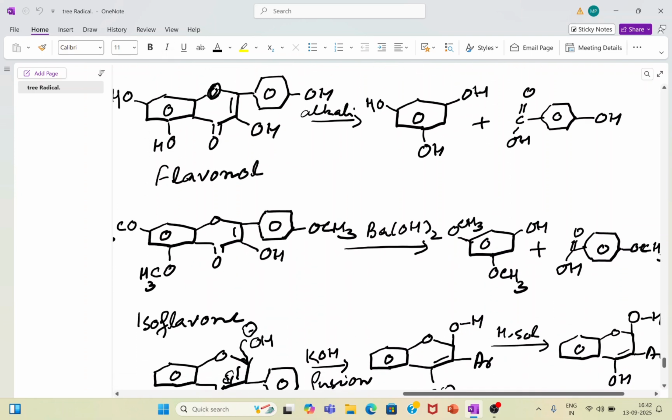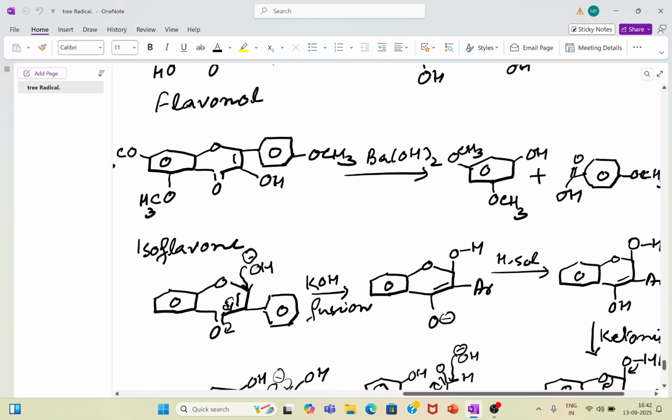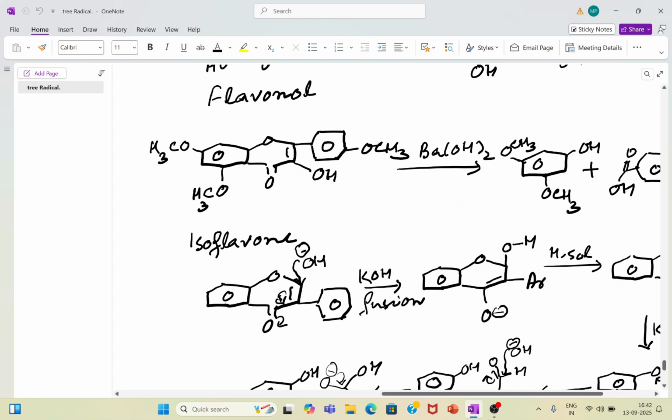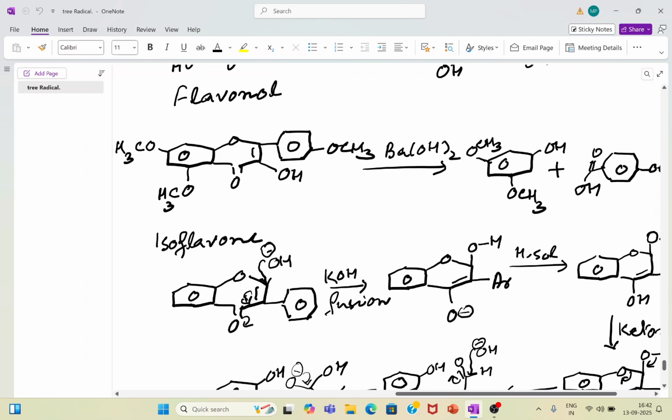Now, if you are having flavonols, then you are getting this type of molecules here. Again, the alkali will be there. And now one thing more, which is very important here: what if you are having the OCH3 group or the methoxy group attached to the nucleus? In that case, you cannot use the concentrated KOH, because this OCH3 is very sensitive to the OH. Therefore, dilute condition will be used. It will go under degradation with barium hydroxide, and with barium hydroxide, you are getting this type of moieties.